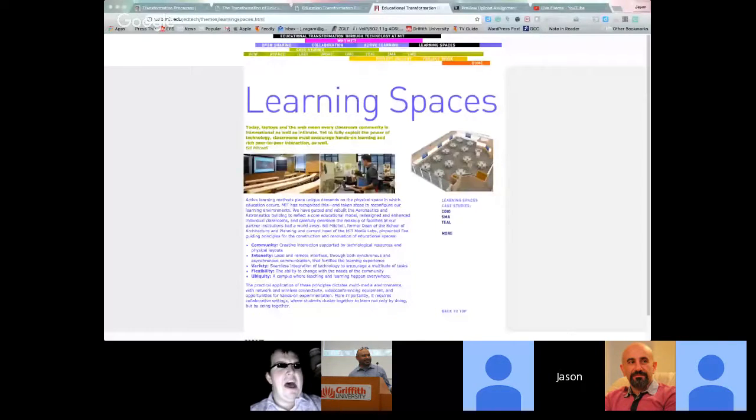So we've been looking at the documents on the readings for this week, and we've had a look at the transformational learning document, and we've looked at the Microsoft document, looking at their transformational model. And we have one more document to have a look at, and we'll just go to that now. And this is one from MIT, where it details the various strategies and approaches that MIT is using to explore